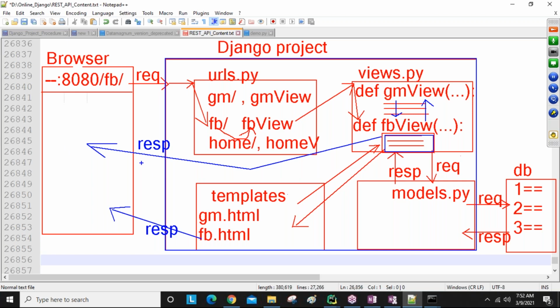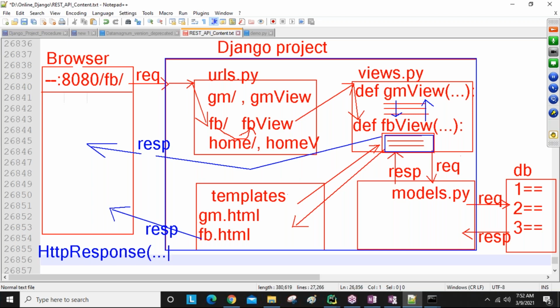Here we are regularly going to use some methods. View to browser: if you want to send the response, then we use the HttpResponse method. I'm writing it here because there is no space.